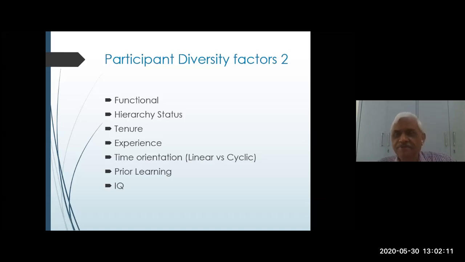Okay, very, very good. In fact, you brought out another aspect, and that is that the people who are junior may not open up in front of their seniors. That also becomes a problem. What is important for doing such programs is that right at the start, you have to create norms, and you have to say that here you are participants, and every participant is equal to every other participant. How you deliver this is a different thing that requires a certain sort of diplomacy, a very tactful way of saying it.